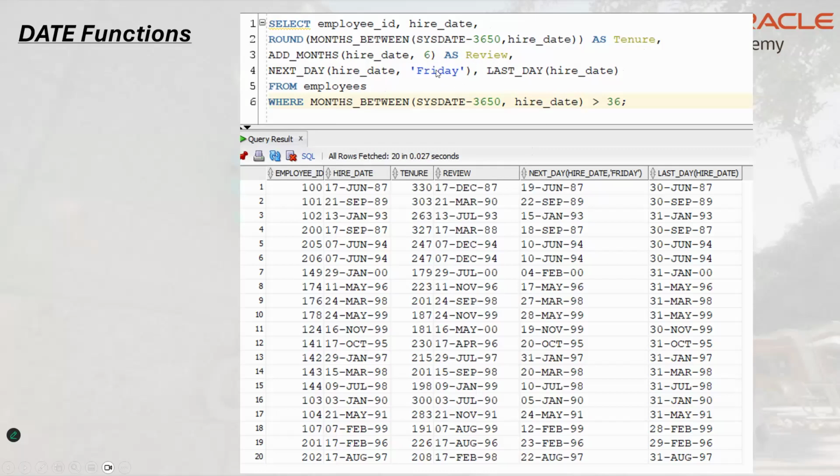So basically that's when they will have their review. NEXT_DAY(hire_date, 'Friday'), LAST_DAY(hire_date) FROM employees WHERE MONTHS_BETWEEN(SYSDATE,